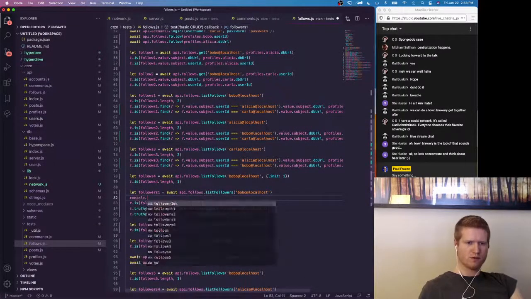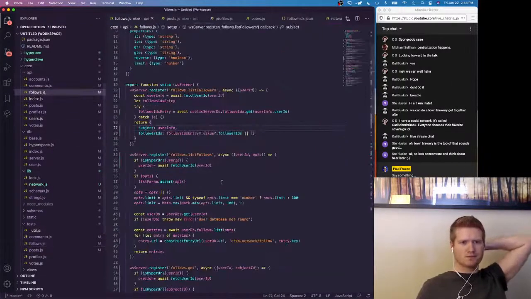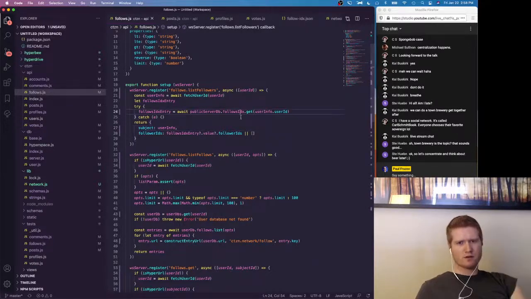So let's see what's going on there. So the follows index